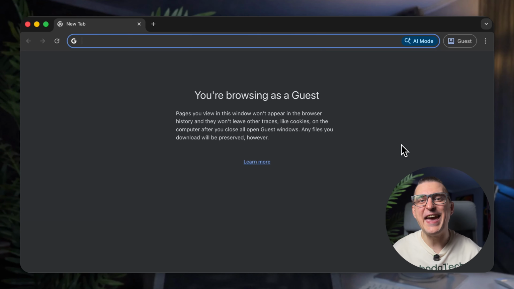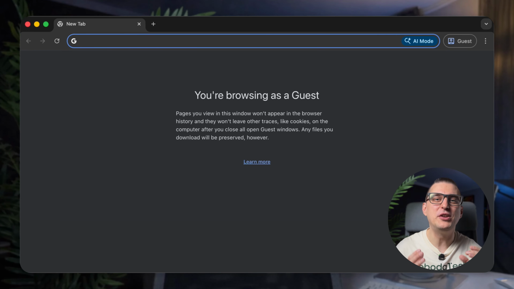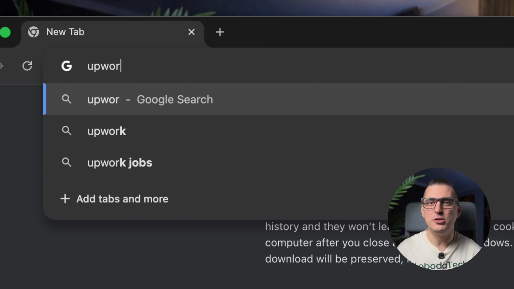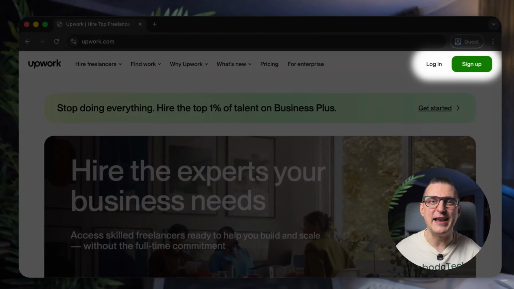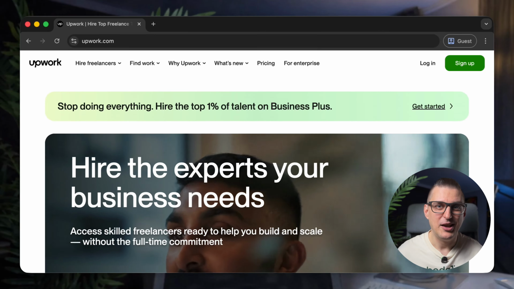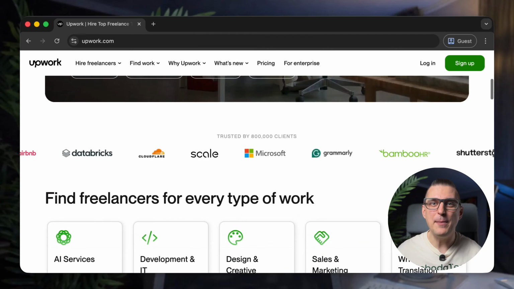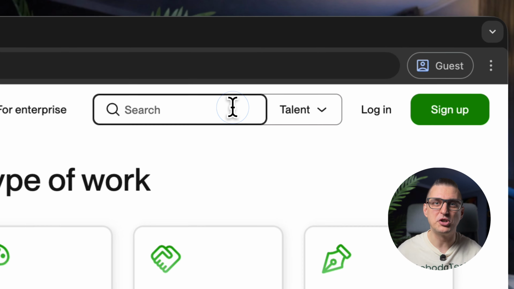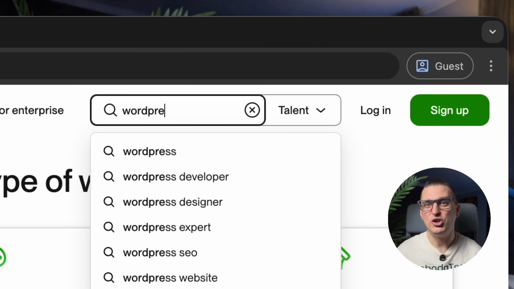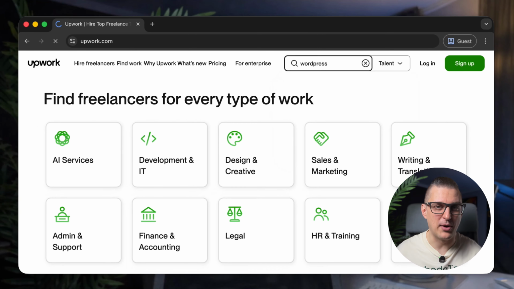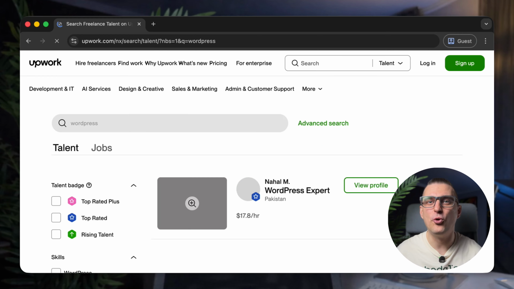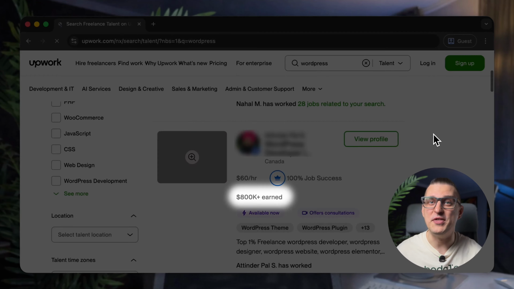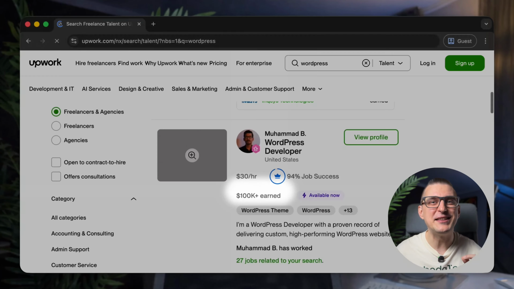Okay, to create an account on Upwork, you need to open your browser, type upwork.com and you will see the sign up button. But before you even click on it, there is one simple check most beginners skip. Scroll the main page and type your main skill in Upwork search and look at two things: jobs and freelancers. For example, your main skill is WordPress. If you can find people who earned thousands of dollars with the same skills, it means the market exists and